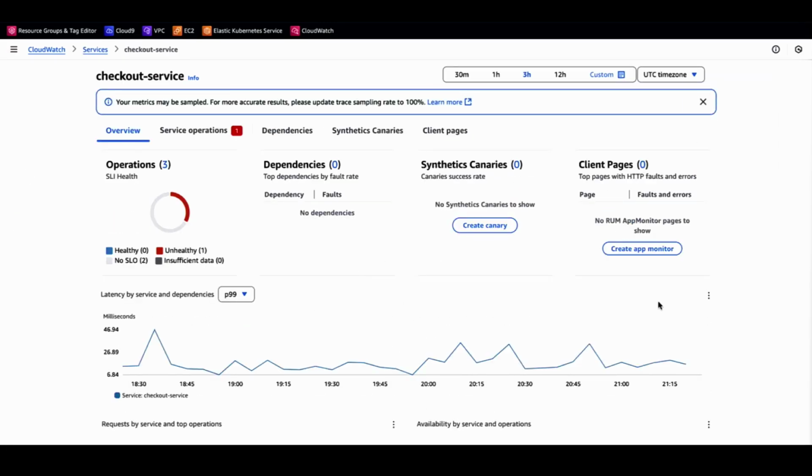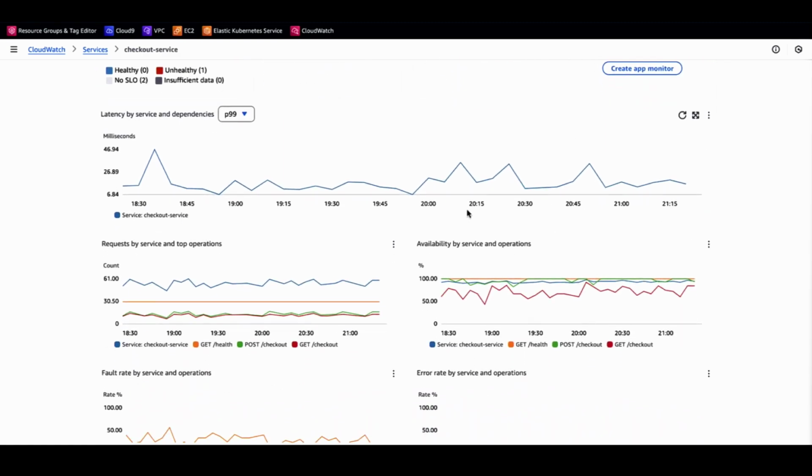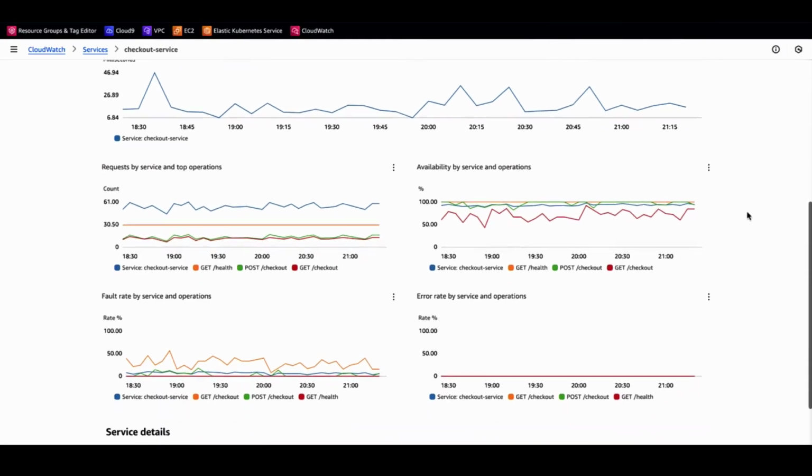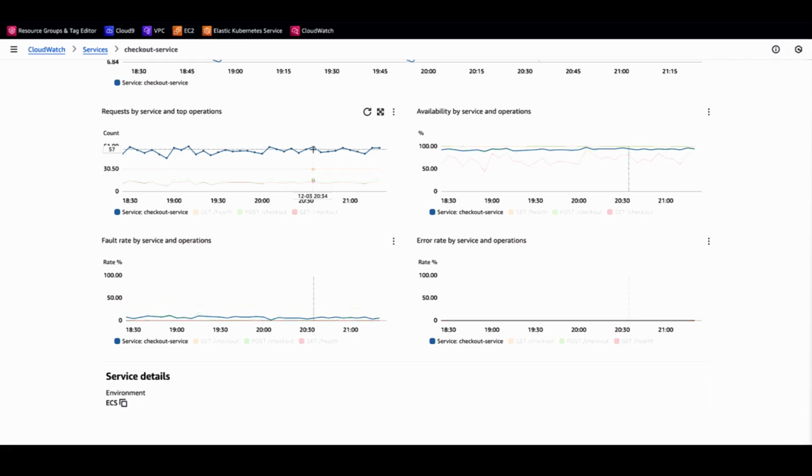So I'm going to go back in here. I want to look at the metrics, understand what they're telling me. I'm not seeing a lot with my latency, right? There is a little bit there, but that doesn't seem to be as big of an issue. I am seeing some interest here in the graphs, right? So I've got some information on the left here. This one on the left is really all about my top and what's happening. I can see